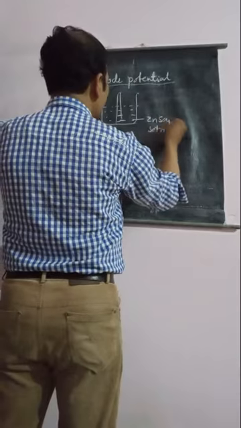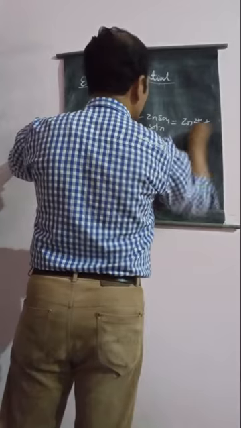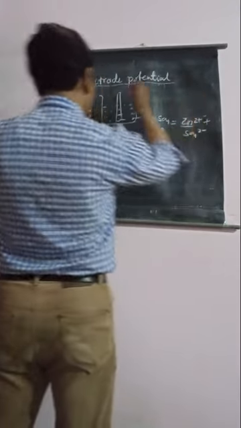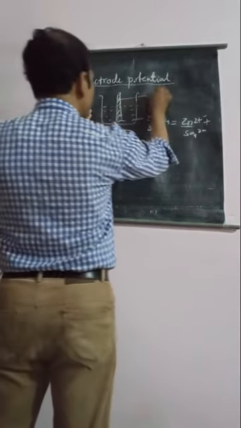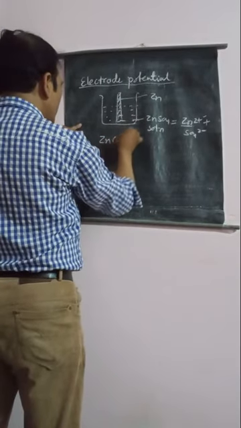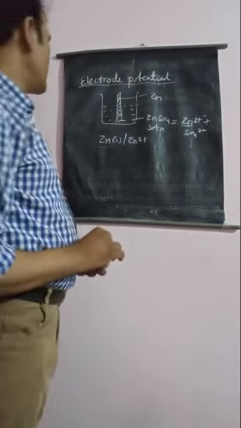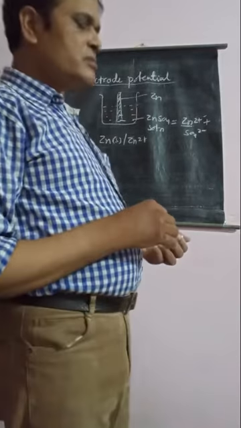So ZnSO4 solution will provide us what? It will provide us Zn2+ ions and sulfate ions. In the case of the Zn2+ ion, there is a 2 positive charge, and at the metal rod the zinc atoms are present. So there will be a potential difference between the zinc metal and the zinc ions. This is known as our electrode potential, or a potential difference between the ions and atoms of the electrode.